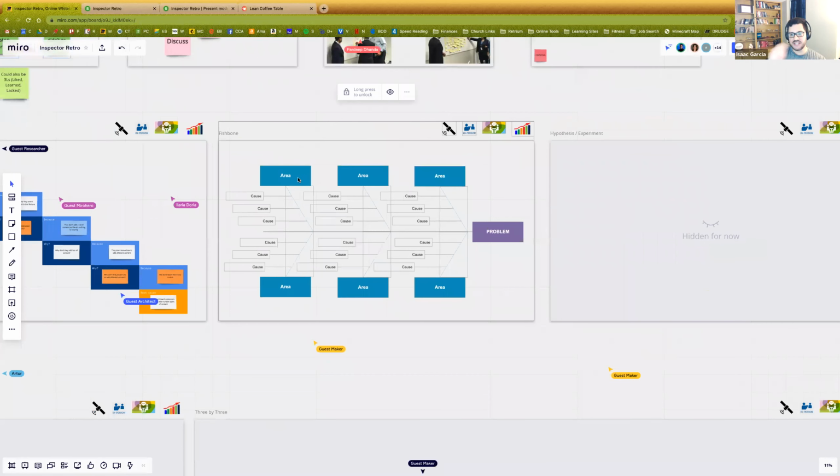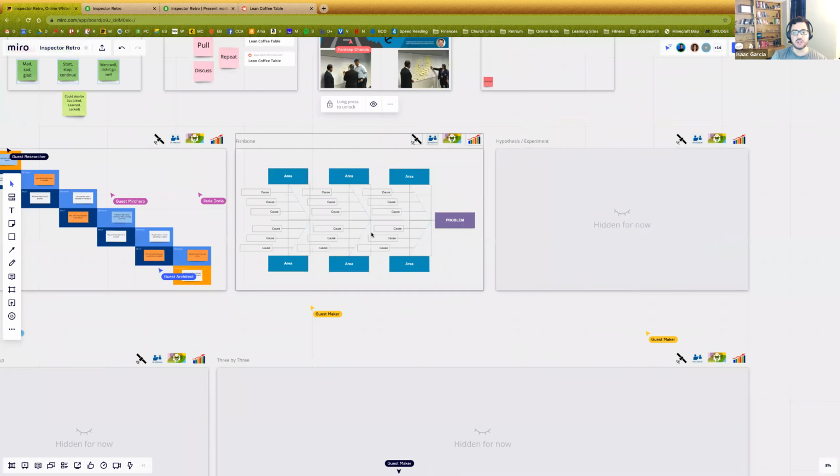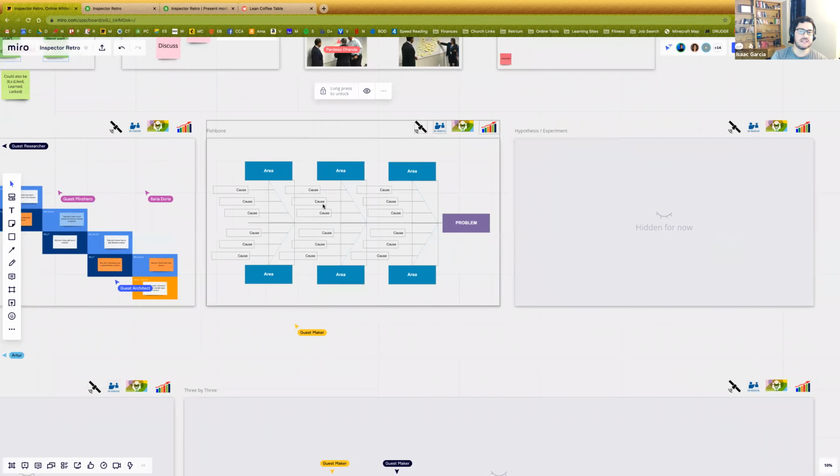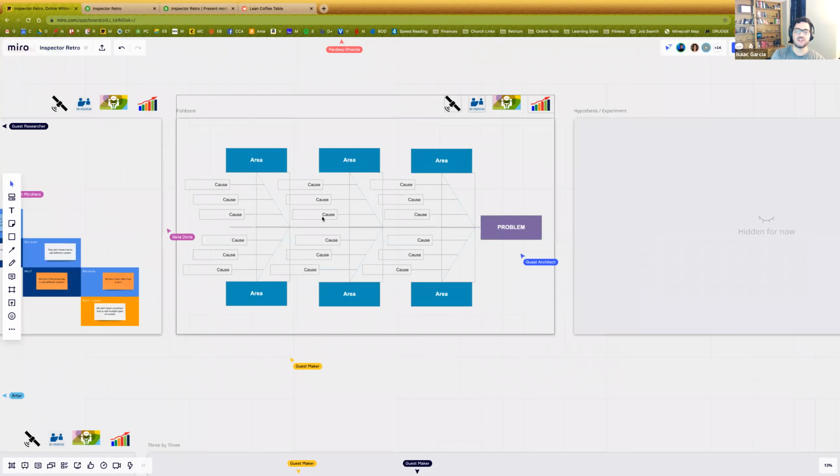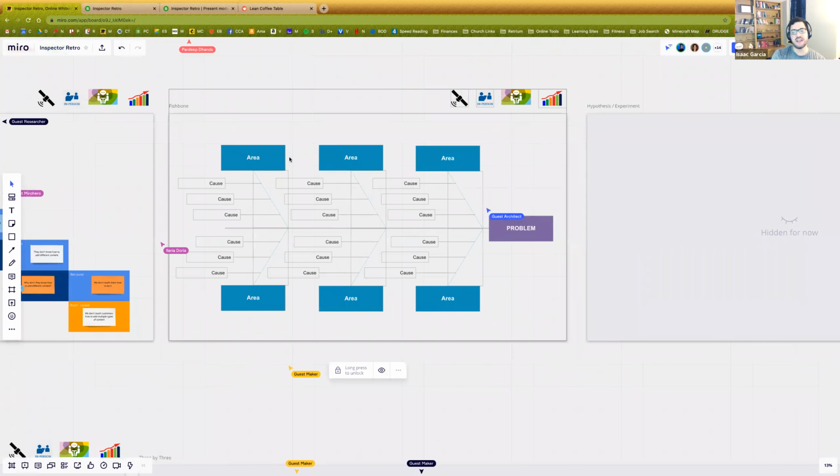And you would ask each person to put sticky notes or to write out ideas on what causes them. And then you would say, looking at the larger problem now, which one of these causes can we address in the next iteration? Don't try to fix all of the causes at once. Pick the one that's going to have the greatest return. So here's the problem. These are the areas. Let's pick a cause that we think will actually make a significant difference that we can control in the next iteration.